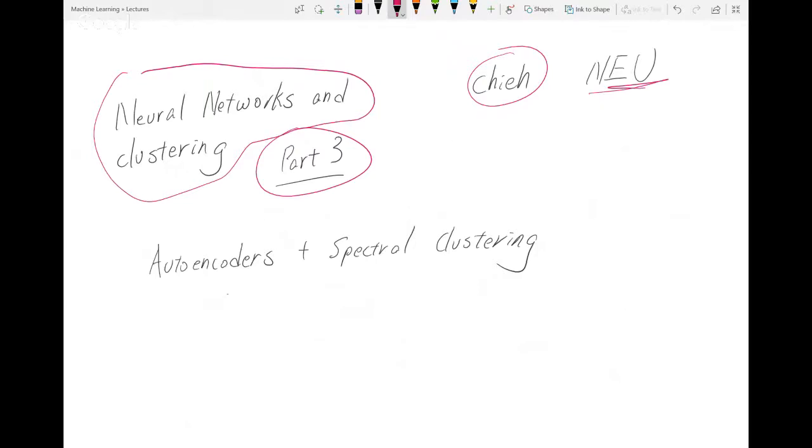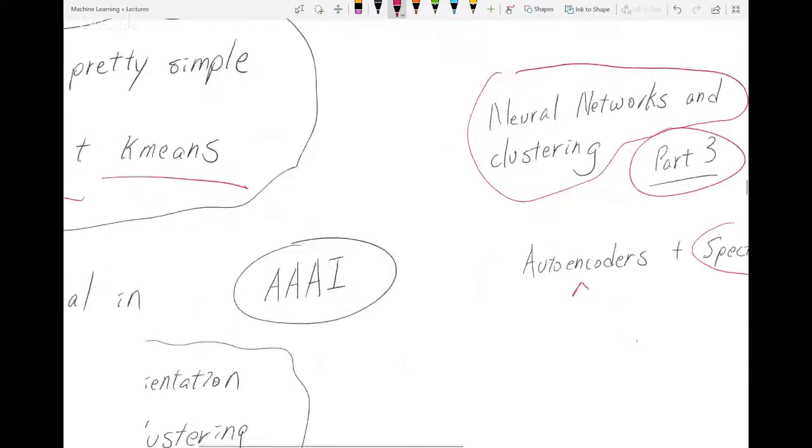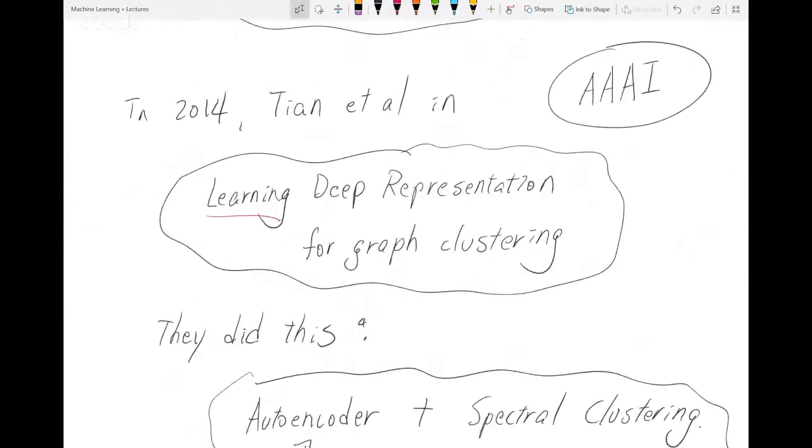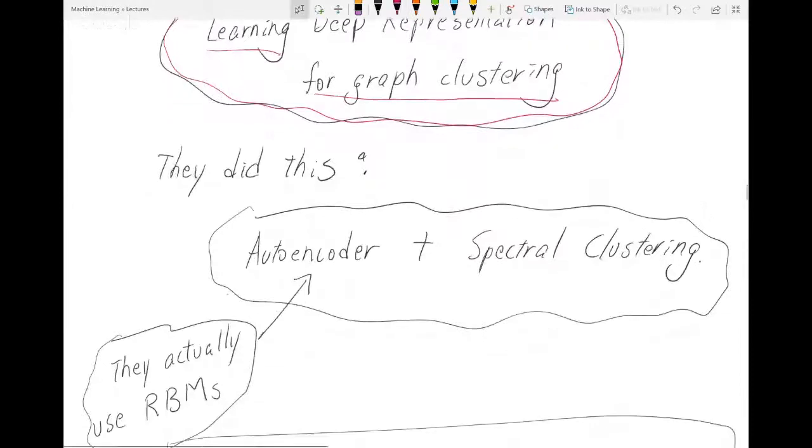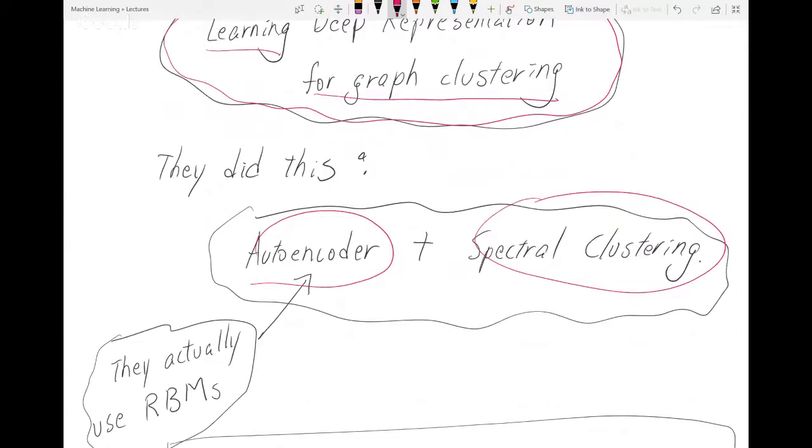In the past, we've talked about autoencoders and how to combine autoencoders and k-means. Today, we're going to move on to another paper that essentially combines autoencoders and spectral clustering. In 2014, Tian et al., I think it was in Triple AI, published a paper called Learning Deep Representation for Graph Clustering. And like I said, they essentially, not exactly, but they did autoencoders and spectral clustering, which they